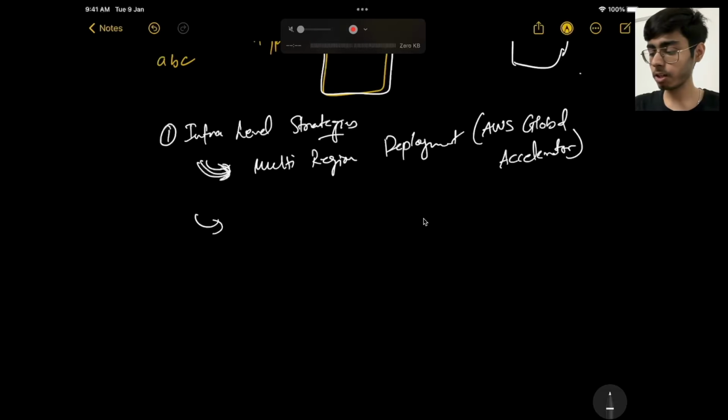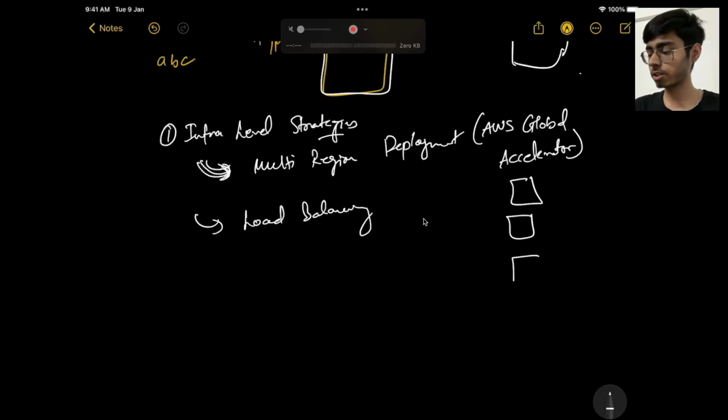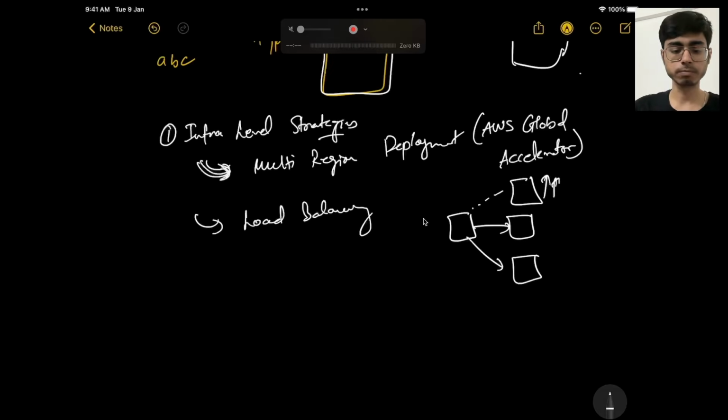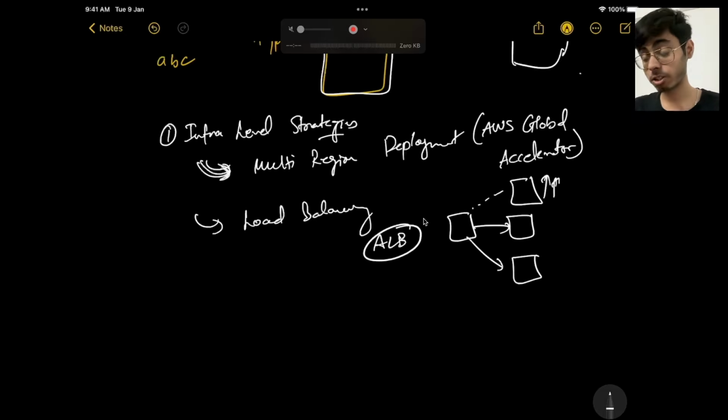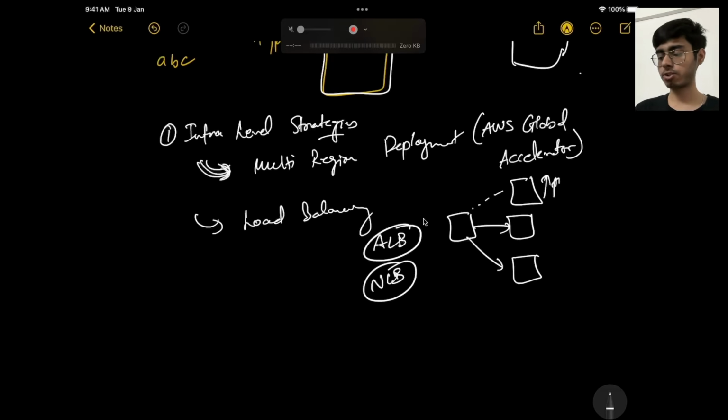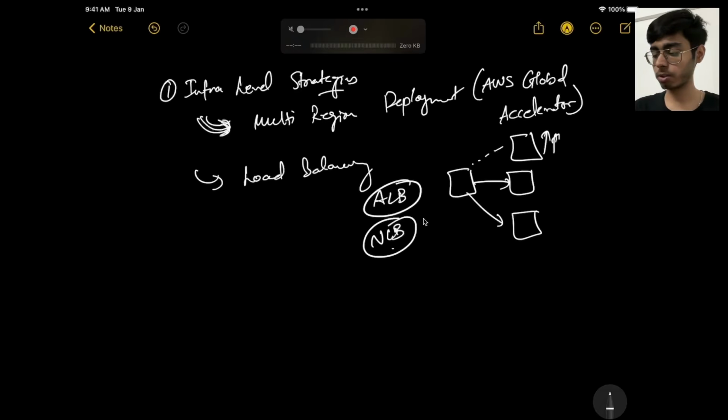Okay. Next can be load balancing. So right. So if there are like three servers in your system, and you have defined a load balancer, and if this is like fully occupied, you can redirect your traffic to other two servers, right? Instead of going on this service. Load balancing. Okay. You can give an example of ALB, application load balancer, sorry, and you have NLB also, a network load balancer, right? So you can give these two examples. This actually balances the loads on the network level and on the application level for ALB. Okay. Next is like DNS based load balancing is also there. You can search that. Next is like auto scaling.